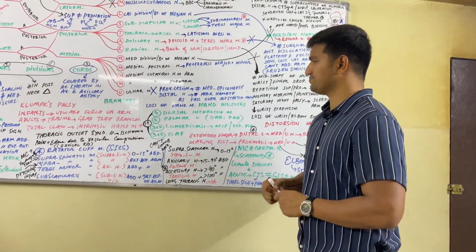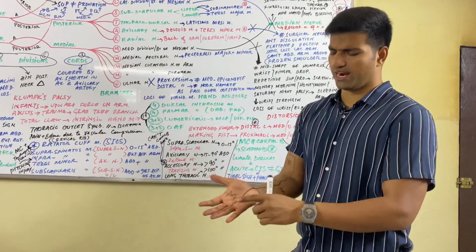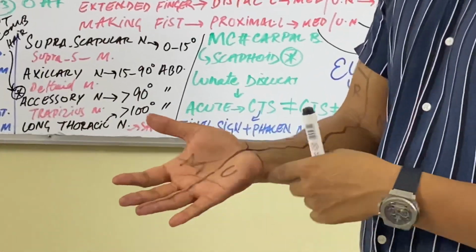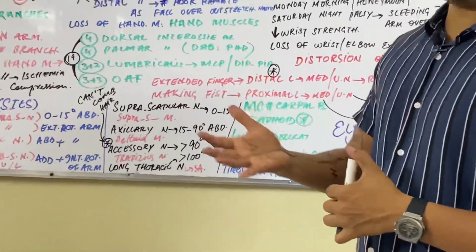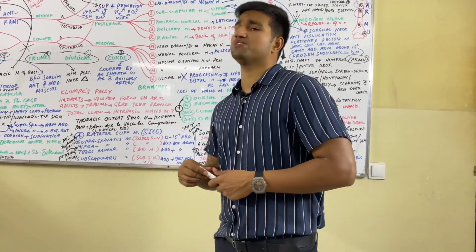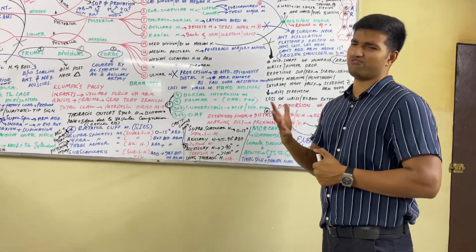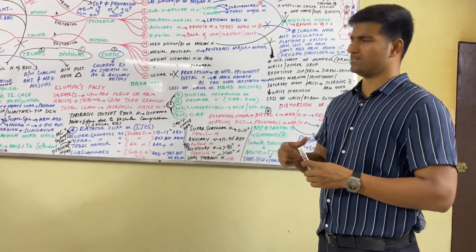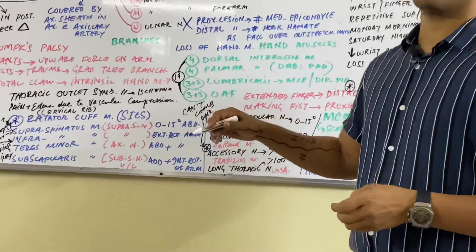And what will happen? There is a loss of sensation from the hand at this area, you can see over here. And basically the ulnar nerve is innervating 15 muscles of the hand, but only 5 muscles get innervation from the median nerve. You can see, now first of all we will count the 19 muscles.